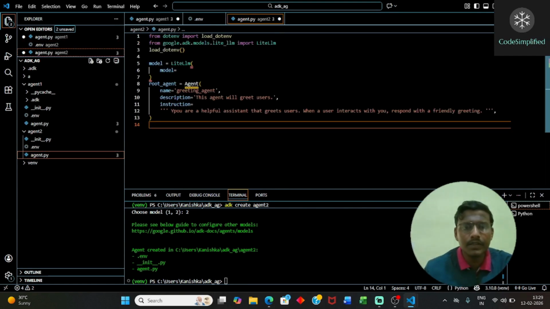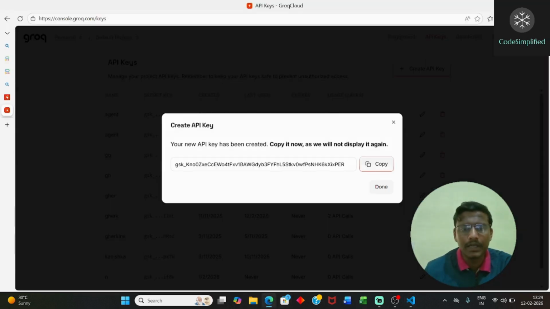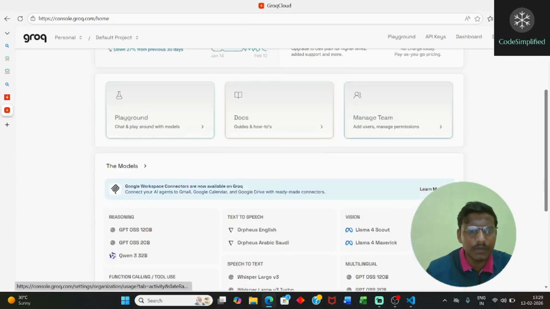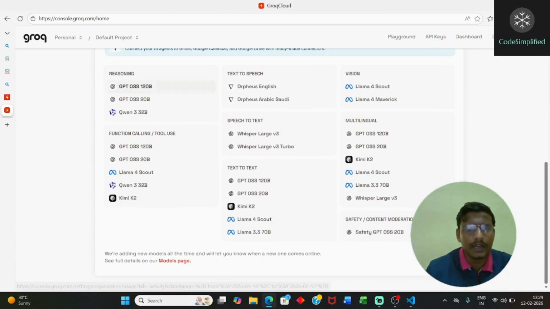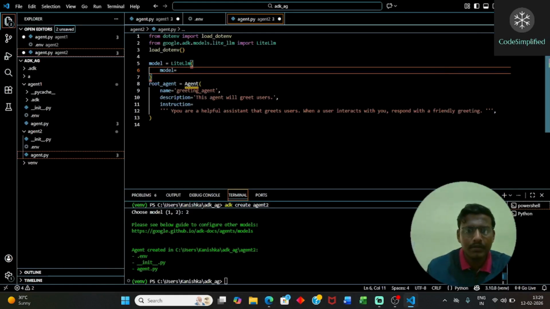Now in the agent system, we will be making which model we will be using. Now that's an important part. To know which model we will be using, we can go to Grok, and like this, the GPT OSS 120 billion parameter model we will be using. So just copy the name, and in the model section